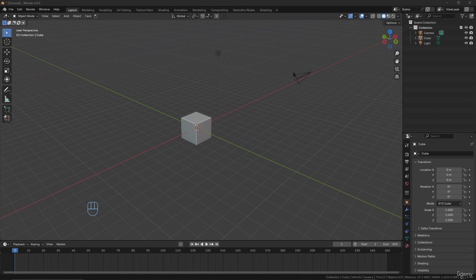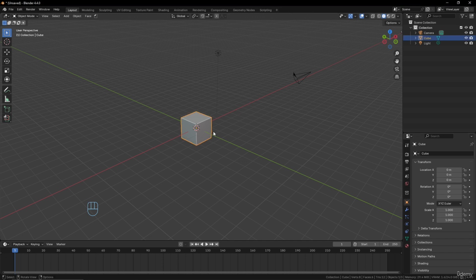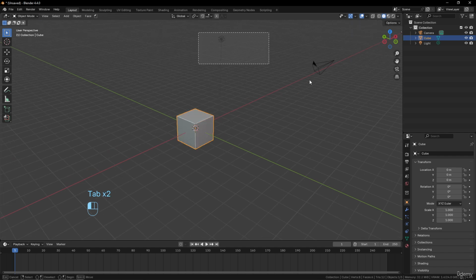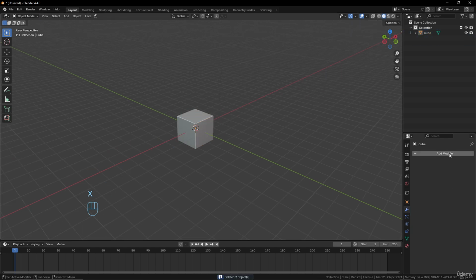In this video, we will discover Sculpt mode. So the first thing we will need to do to start to sculpt an object is having enough definition in it. For example, here I cannot sculpt this object because it doesn't have enough vertices. So what I will do, I will just go here and press Ctrl 2 to have